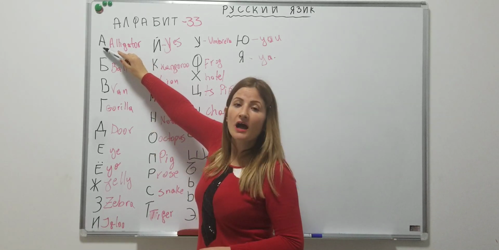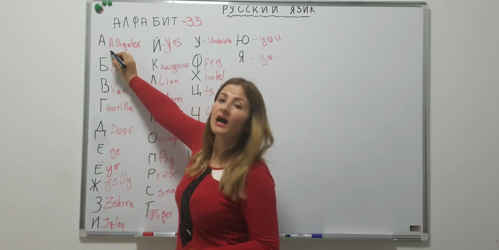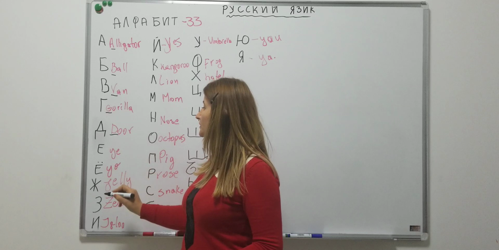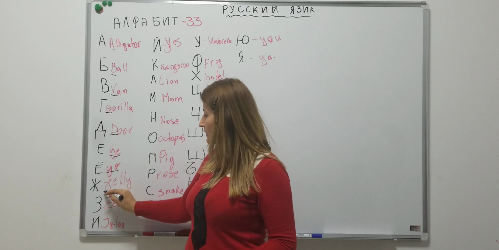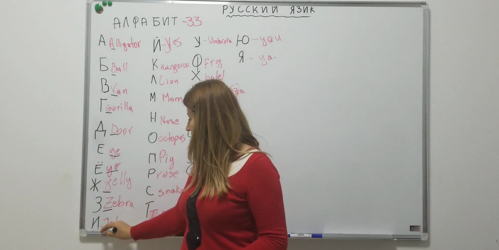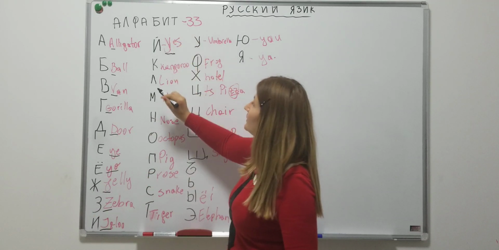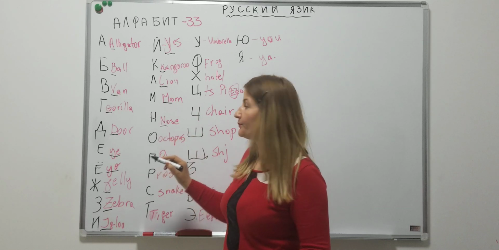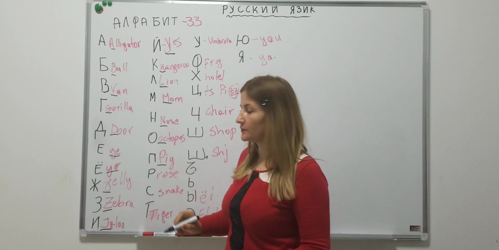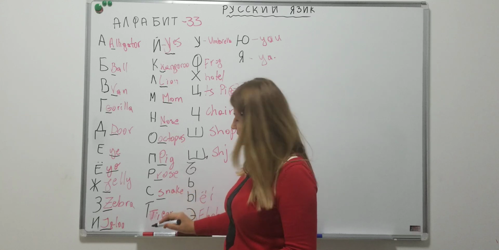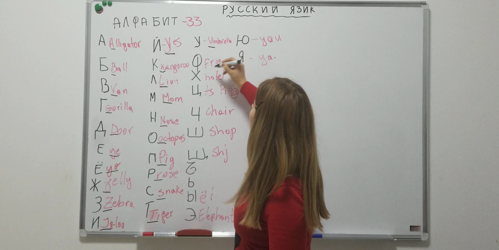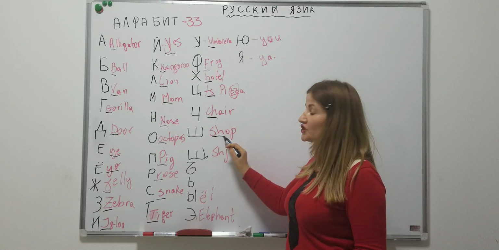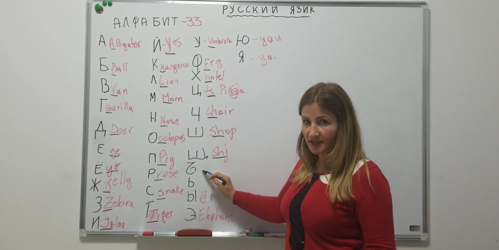So I will underline their sound. A, B, V, G, D, Ye, Yo, Zh, Z, I, Y, K, L, M, N, O, P, R, S, T, U, F, Kh, Ts, Ch, Sh, Shch, the hard sign, the soft sign,